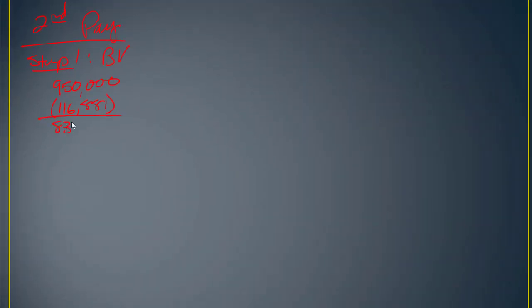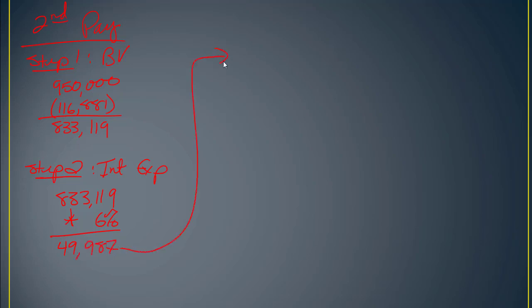So $833,119. I use that number in step two, which is to get the interest expense. So $833,119 times 6% gives me interest expense of $49,987, which leads me to the best part,